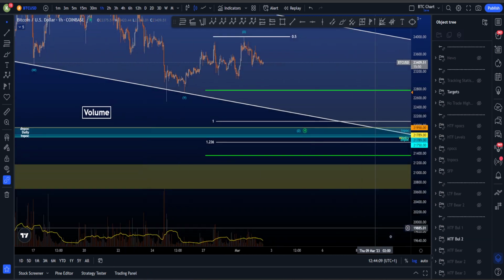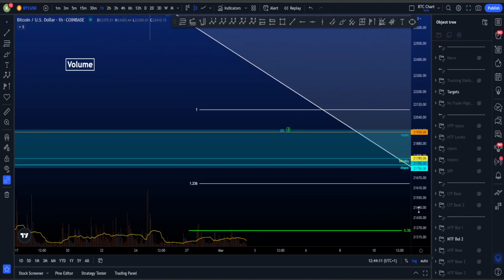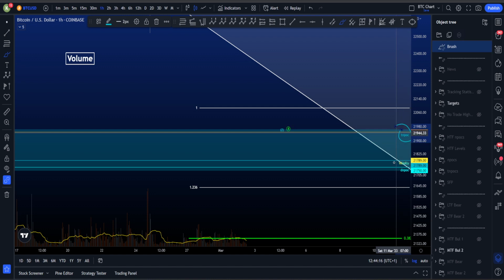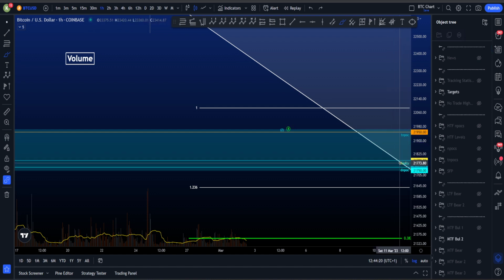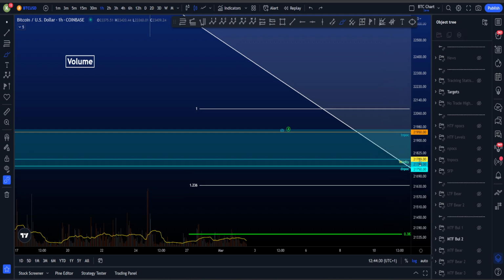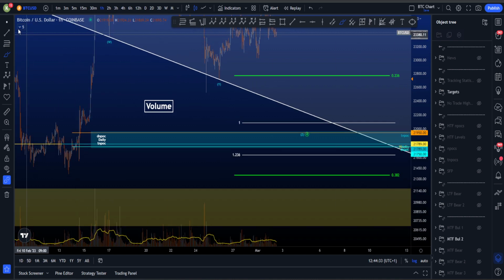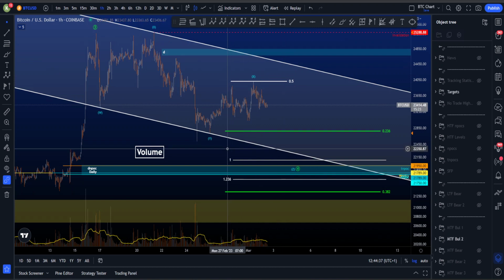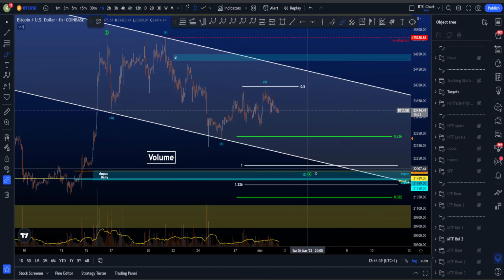And to zoom in just a little bit more at what is inside this target box, we have a time naked point of control. Over here we have a weekly and a daily at exactly the same level. If you want to know more about weeklies and dailies, click on the card at the right top of your screen. And we also have a daily naked point of control at 21,750. And if you want to know how to trade those, make sure to click on the next card appearing on your screen right now. So this is at the moment my preferred scenario, and for a bigger wave 4 it's